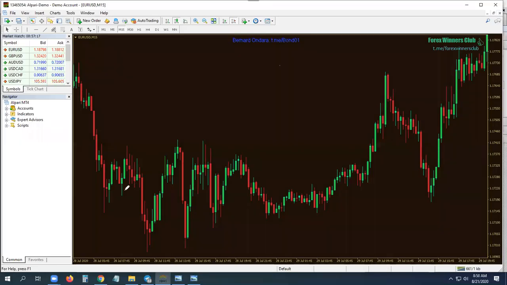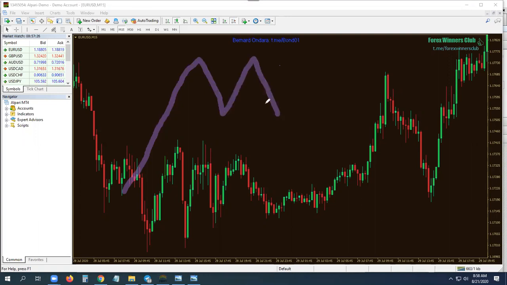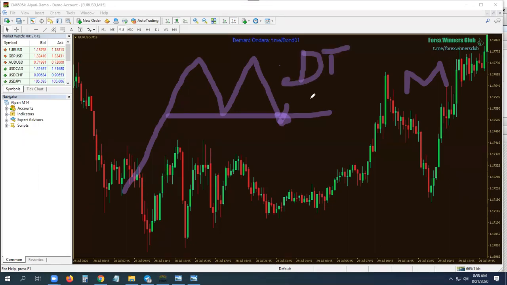Market is moving up, stops, comes down, tries to go up, stops, comes down. It creates something that looks like an M. How do you trade it? When we break below this level. This is a double top. Top number one, top number two. In other words, it has made the same high twice.